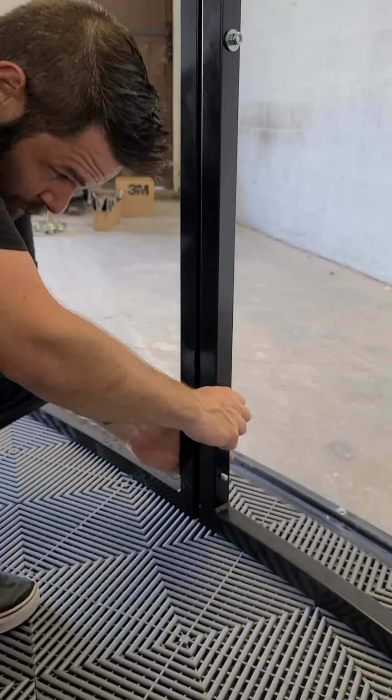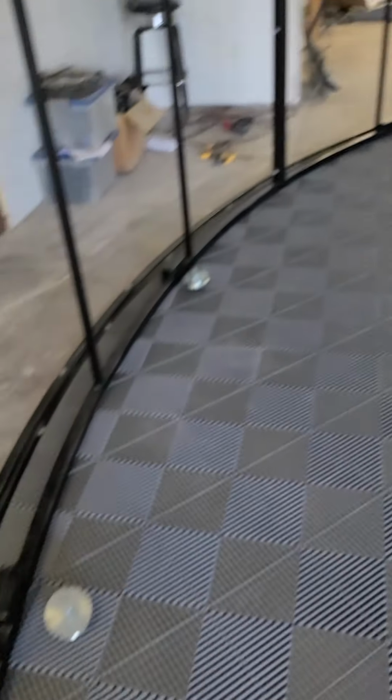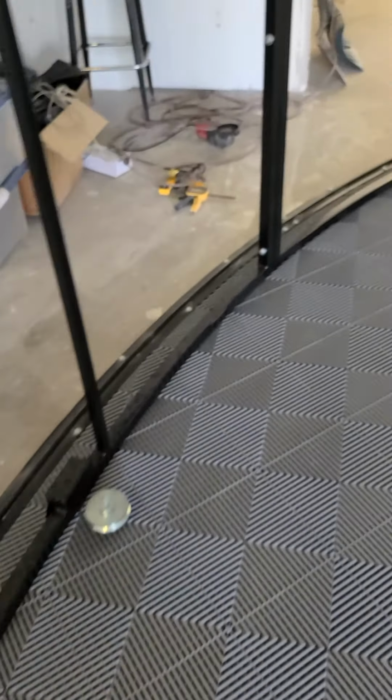And we'll do that for the rest of the panels. All right, so let me show you this again. We went ahead and at all the connections, just loosely finger tightened the bolts. They're all the way around. And we pre-positioned all the wheels,